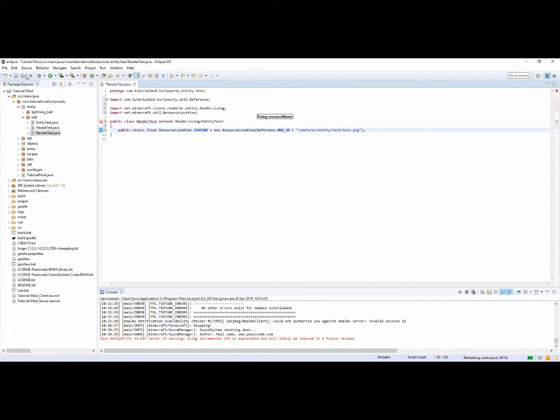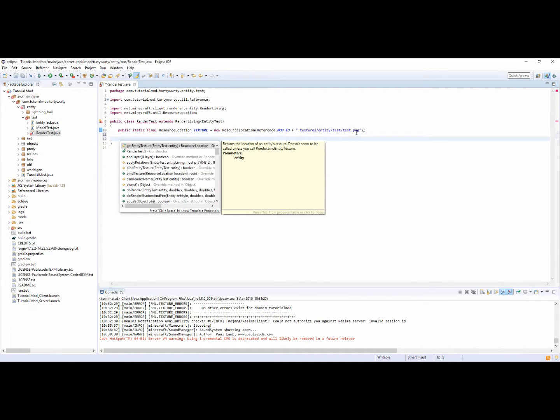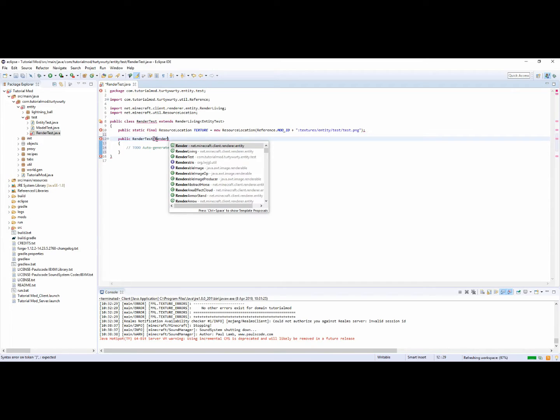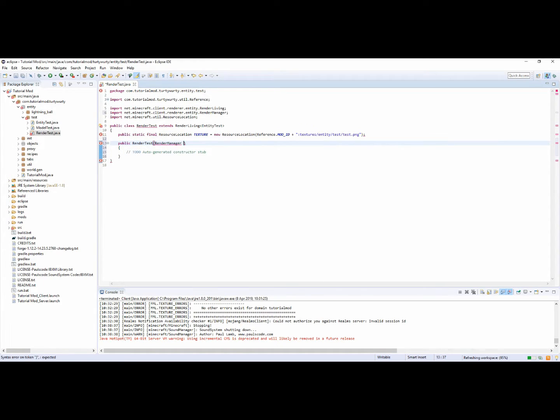There we go. And give that a save. But now we need to create the constructor. So render test. In here, we need to put render manager. So render, oh good lord, render manager, import that. And for this, you want to put super off of manager, new model test,